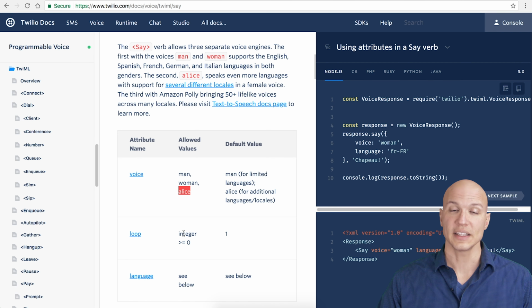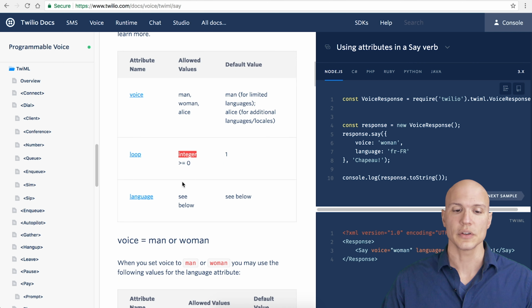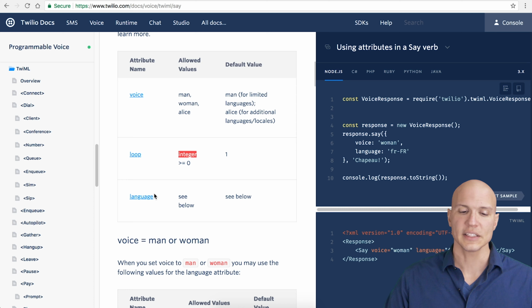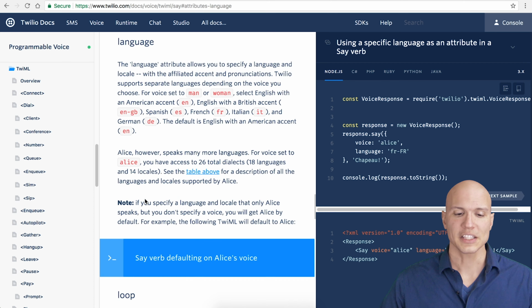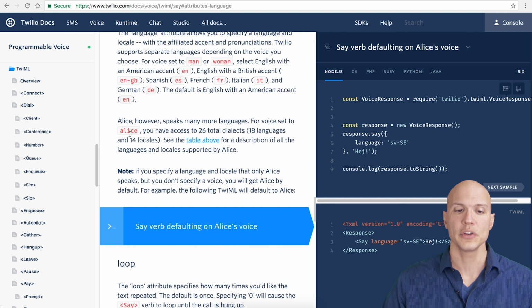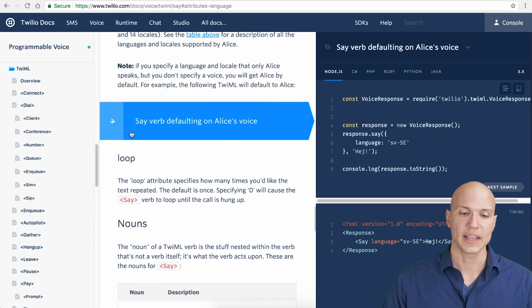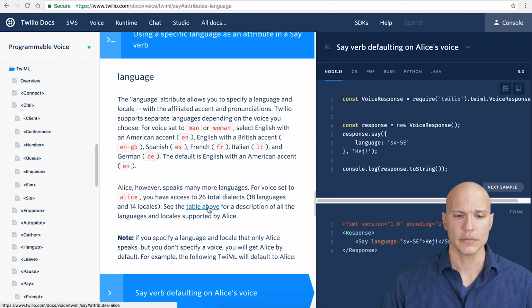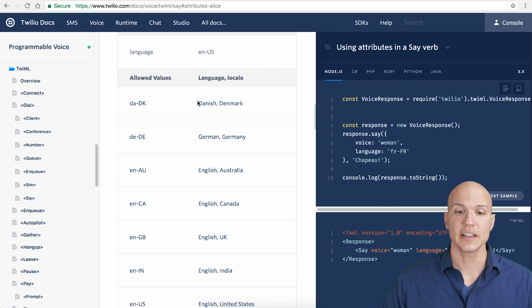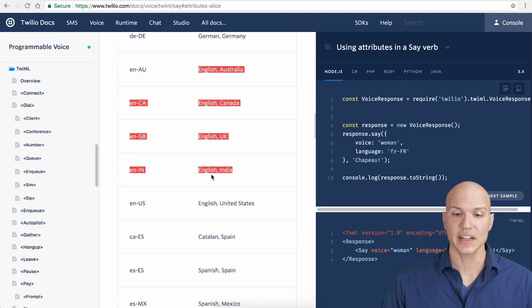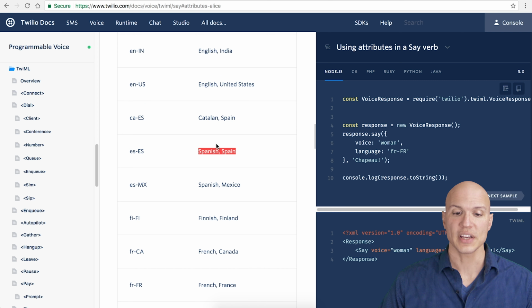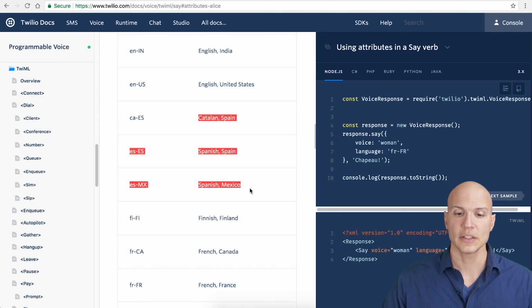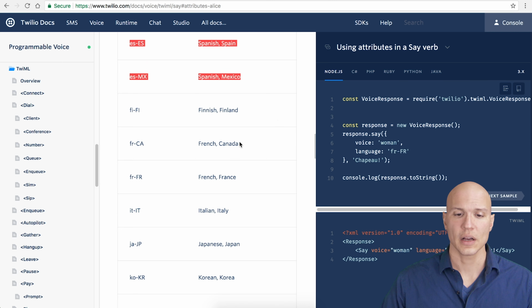What are the values of loop? It's any number greater than or equal to 0. What are the possible values of language? That's interesting. Let's just click it. The possible values of language, it looks like it depends who you're using. Alice, this particular female voice, has access to the most languages. So, table above. Okay, yeah, so you can get a Danish, a German, and several English accents, including an Indian English accent, American, UK, Canadian, or Australian, various Spanish accents, Spain, Catalan, or Mexico, and a bunch of French accents,